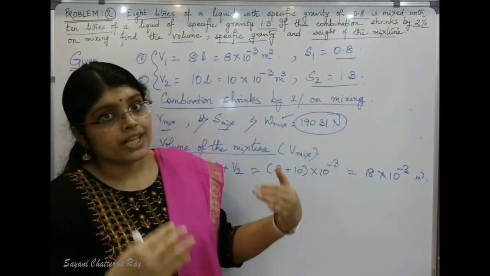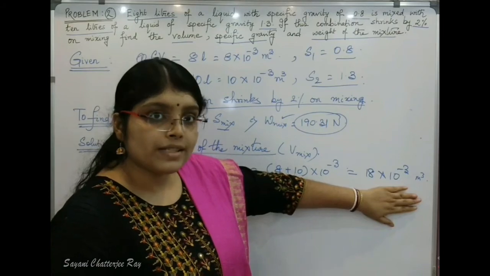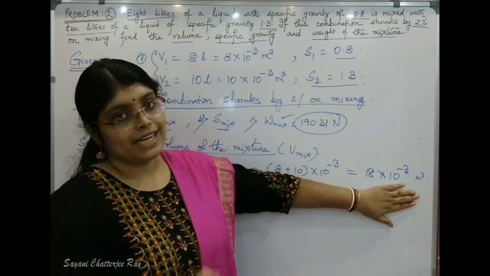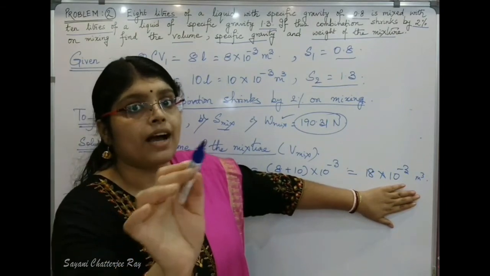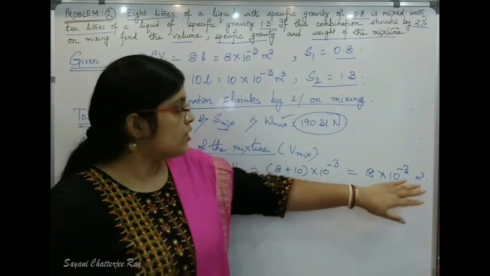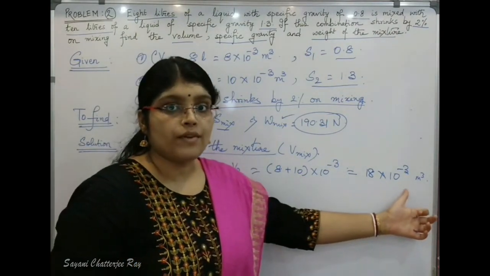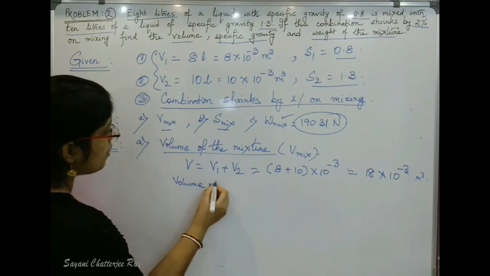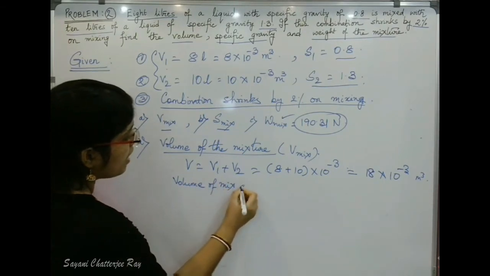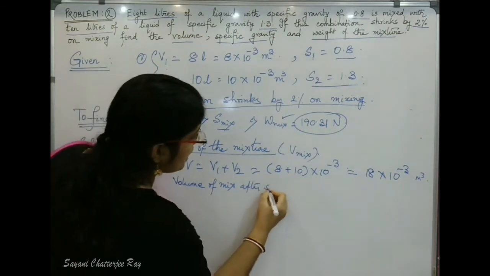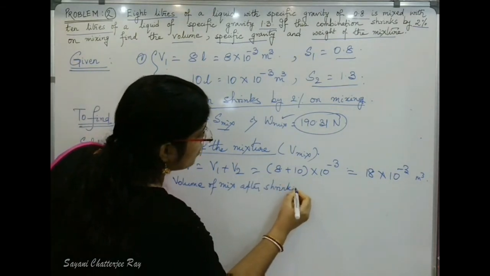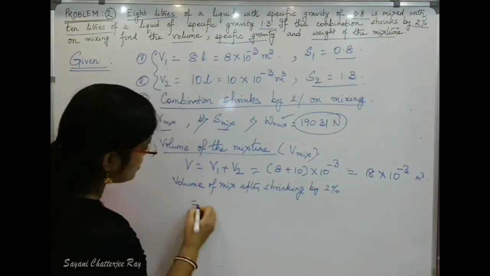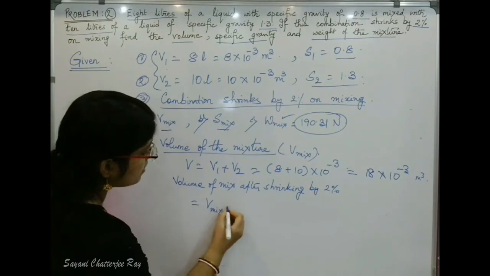If the combination shrinks by 2%, then the total volume of the mix will be 98%, because 100 minus 2% comes out to be 98%. And 98% means 98 by 100, which is 0.98. So 0.98 multiplied by this total volume, you will get the volume of mix. Volume of mix after shrinking by 2% equals V mix, which is equal to